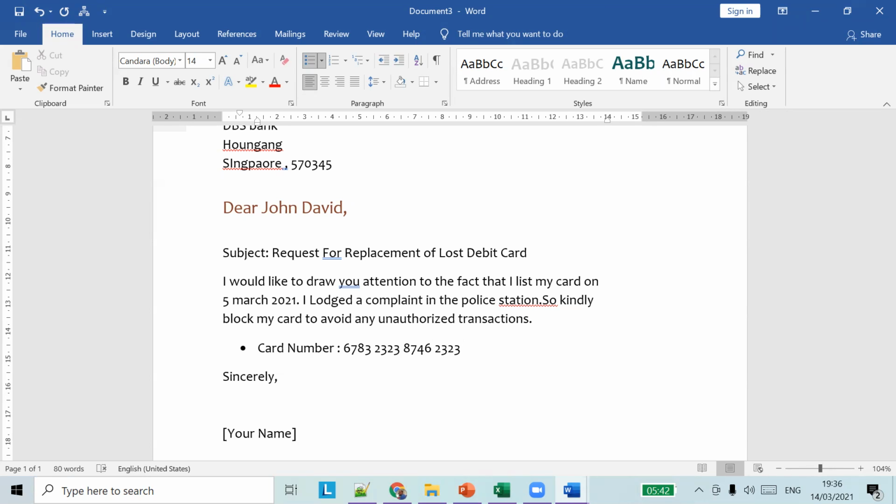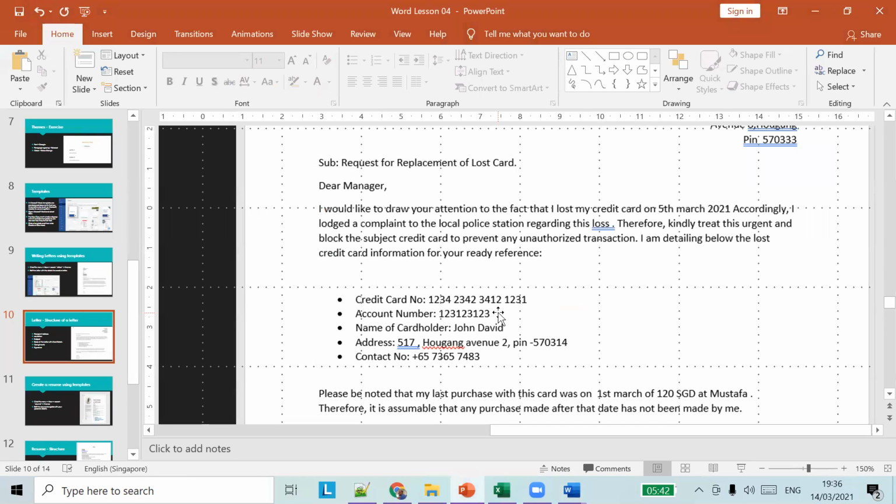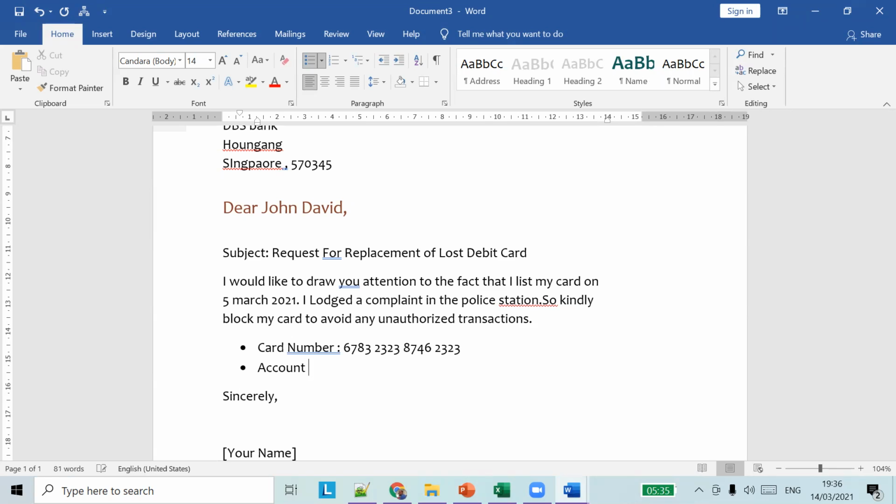And then we'll say account number. So account number is, we give a random account number. Then we'll give the name. Name is Robert. It's my name, right? Robert Ravi Kumar.